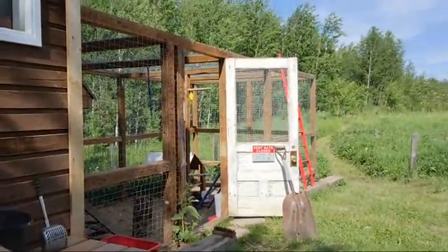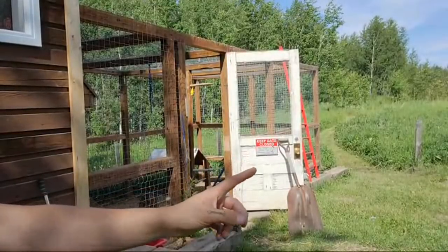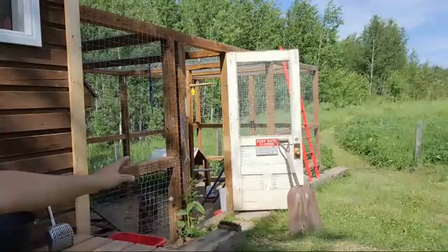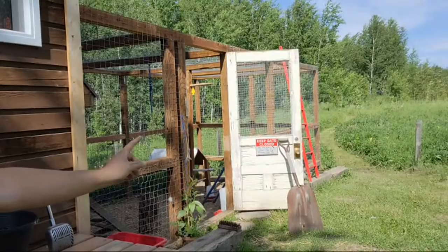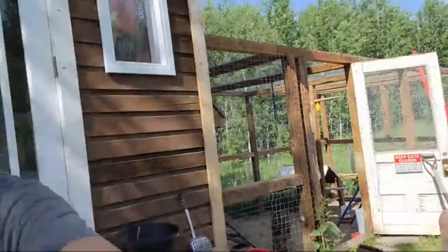So, can you oh wait, it's actually over there. Can you guys see the sign? One of you guys sent us the sign. They sent 2 of them, but we only hung up one. We're not putting one on the outside. We thought it would be funny to put it on the inside. But yeah, we put that up there. I thought for a second it was in here, but wrong sign. Anyway,